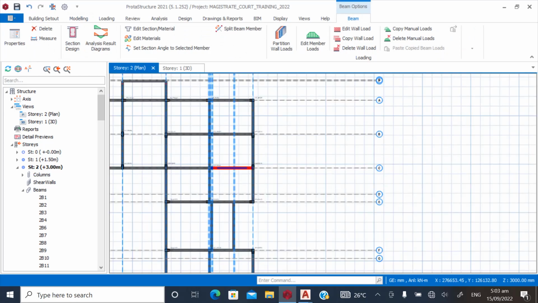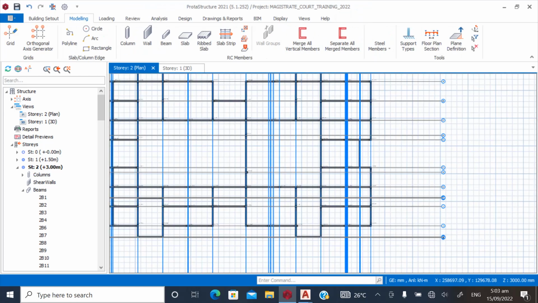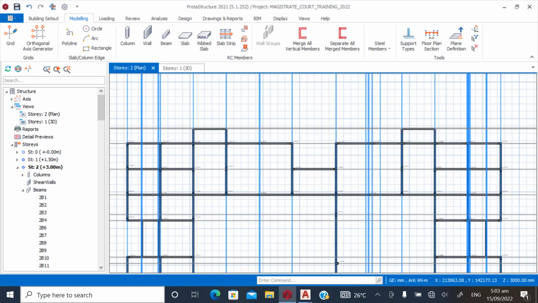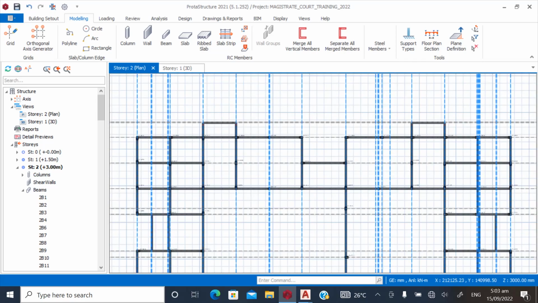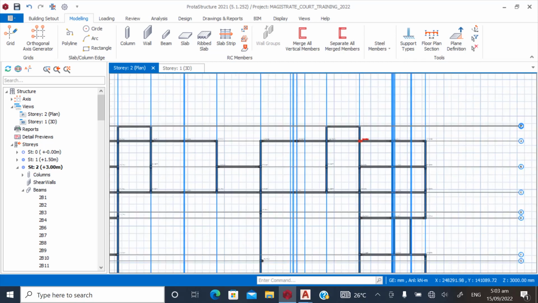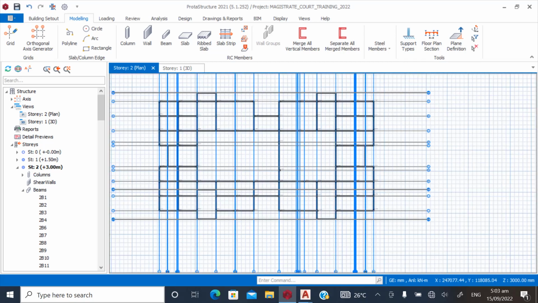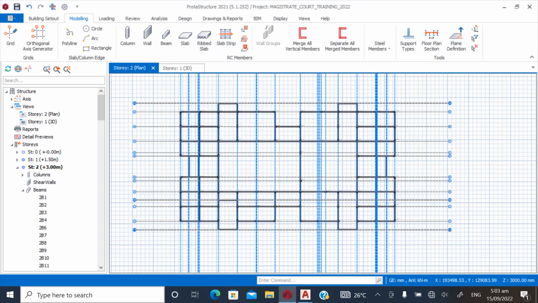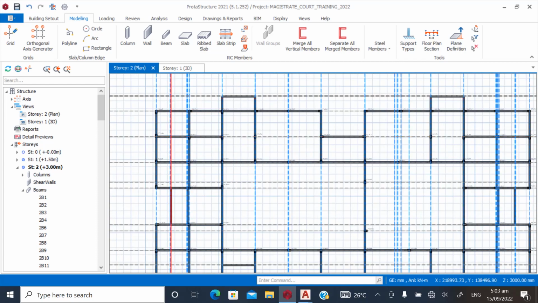Okay, close. So now we can place the slabs. Let's check very well. Okay, so we have an additional beam to add. So now we go to